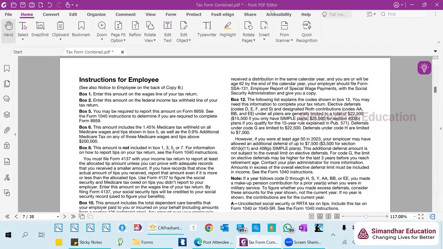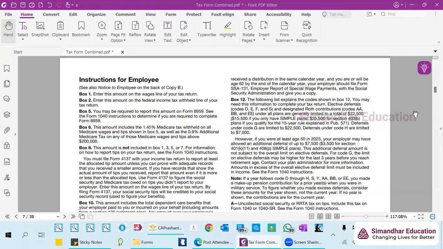Okay, and this time I'm giving homework. This is the first time I started the concept of homework, so that you get more intuitive with the forms. You get that connection with the forms. You fall in love with the forms, because if you want to be a better practitioner, you have to be in love with the forms, right? If there are no forms, there is no tax practice, there is no tax professional. You need to stay in love. So I'm making that bond between you and the forms with this exercise for the week.